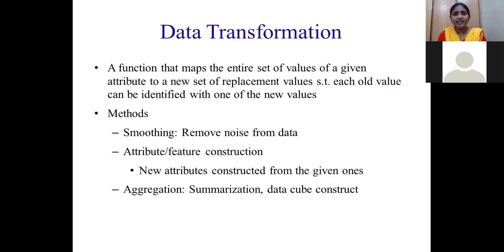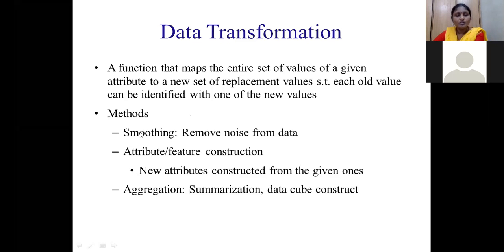If the data is not represented in the same format, when you perform the analysis it may go wrong. We don't get the correct result. That's why we require data transformation. It is the process of converting the data from one format or structure to another format, which is required for our analysis. So what are the techniques we have for performing it?